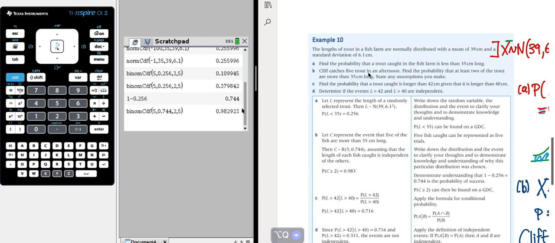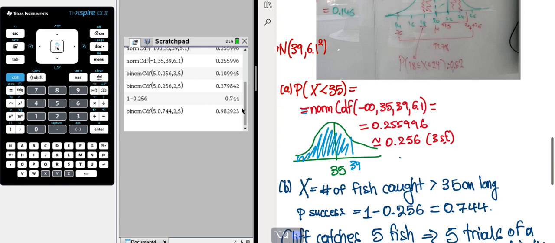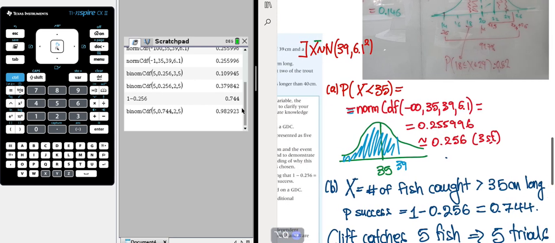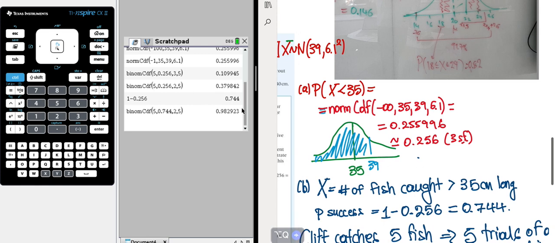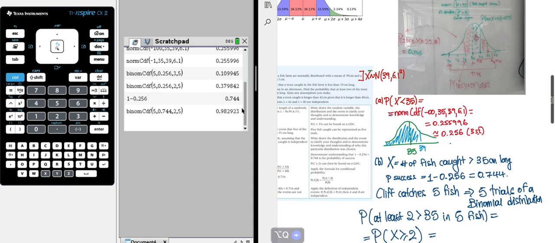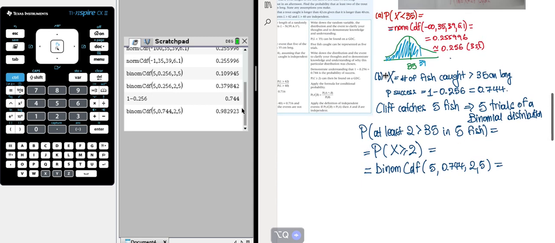So Cliff catches 5 trout in an afternoon. Find the probability that at least two of the trout are more than 35 centimeters long and state the assumption. Let's begin with the understanding of what we're actually doing here. So I have defined here a new random variable, X, and X is defined as the number of fish caught that are more than 35